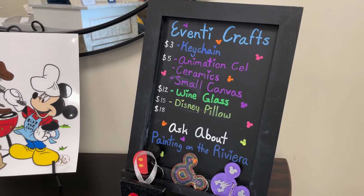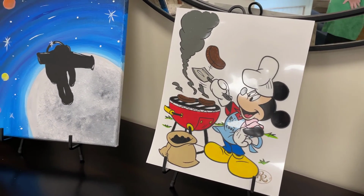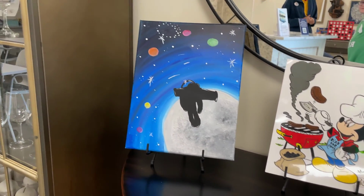Is there a cost associated with the DVC community hall? Generally, no, but sometimes there are activities that have an extra fee. Typically, if you're making something that you would take home with you that is anything more than just coloring, there would be a fee involved with it. So let's say you were